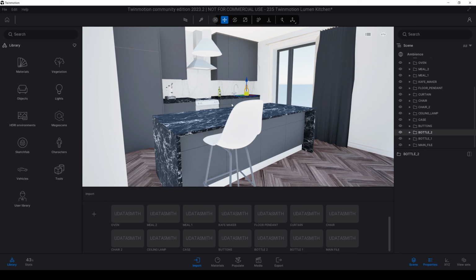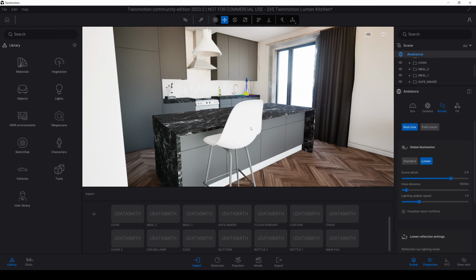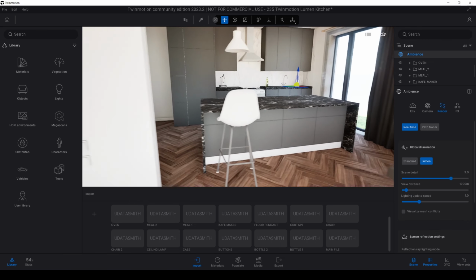This tutorial series is about Lumen, so I'm going to change the render engine to Lumen. With Lumen, we can change our materials easily. If not, we cannot see the real reflection, real global illumination. We are likely to make mistakes. Now we can see it better.